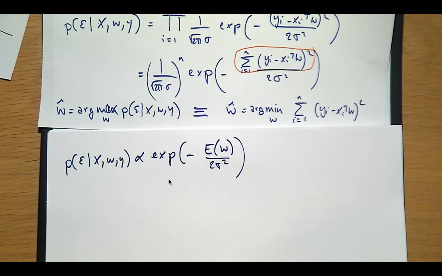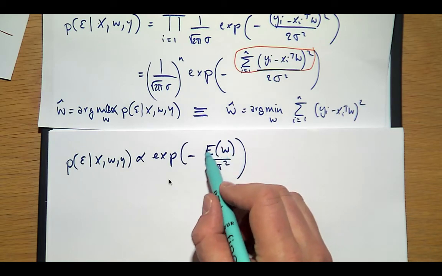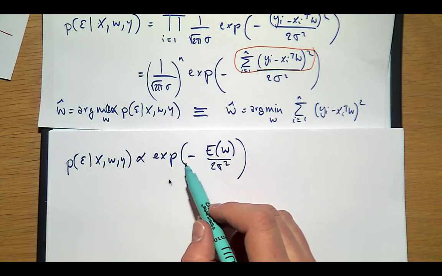The point is that thing is always positive, right? So minus is always negative. So to make that guy big, yeah, this guy is always positive, and therefore